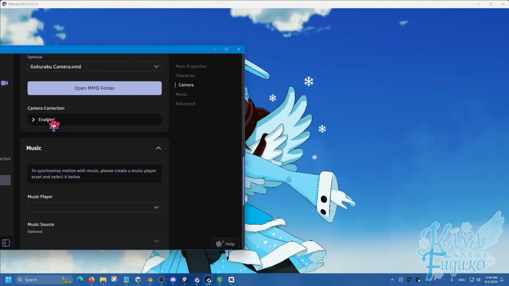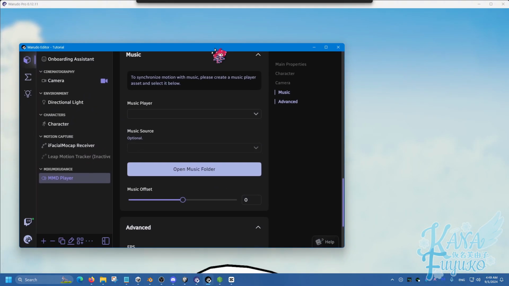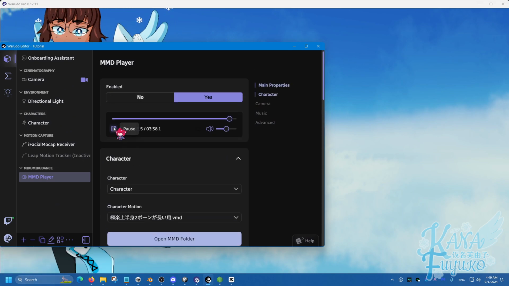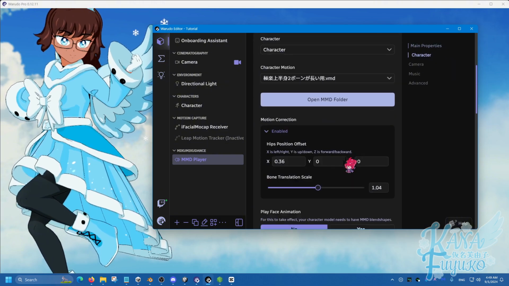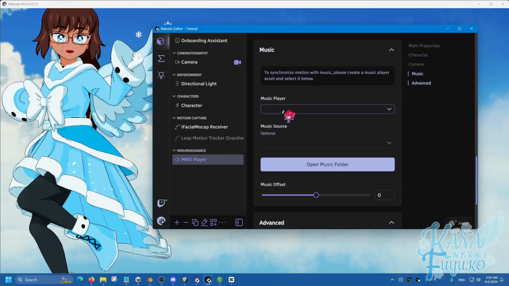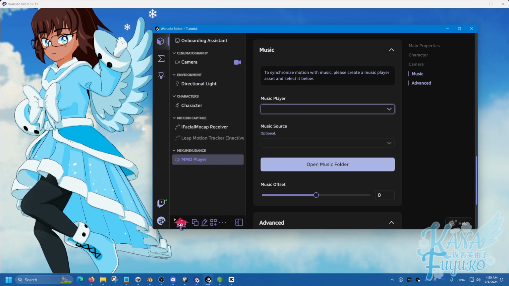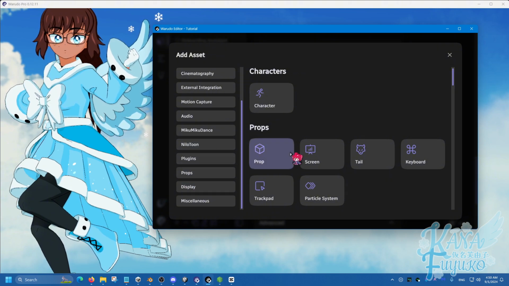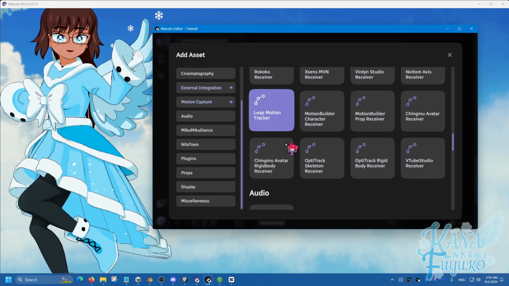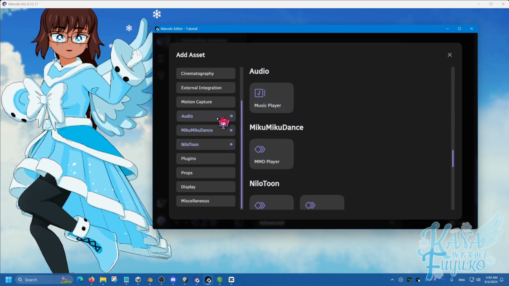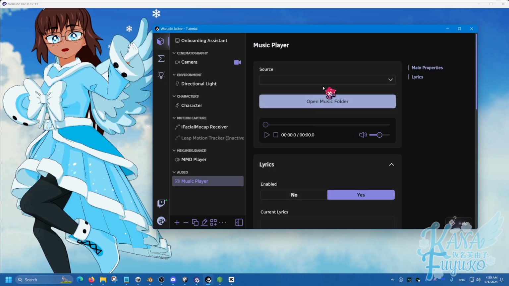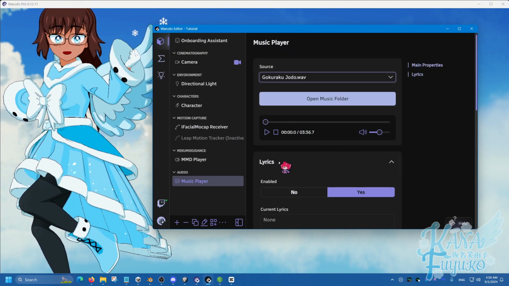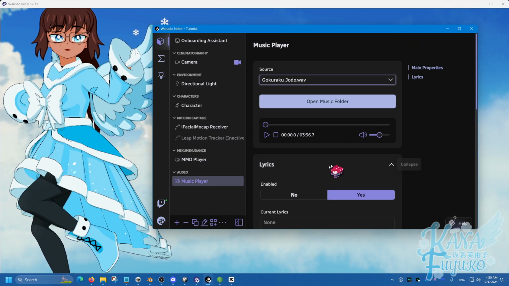But besides that, you can even add music into the thing. So, you can go over here. Now, you'll have to add a music player, so go ahead and add an asset here. And then you're gonna go into, let's see here, the music player, so audio here, and then music player. From here, you can actually add the audio, so Gokoraku Jodo, and you can adjust the volume here and stuff,